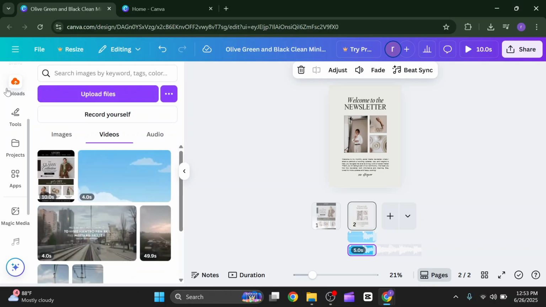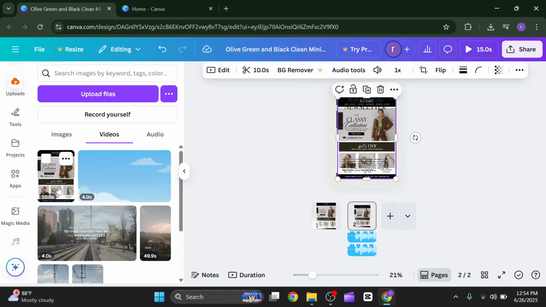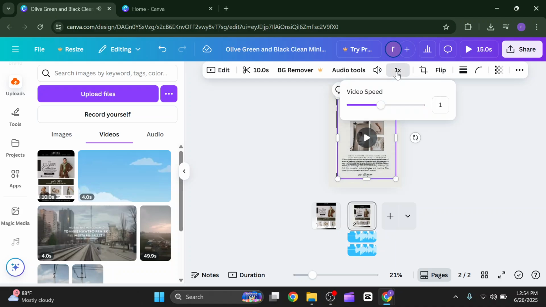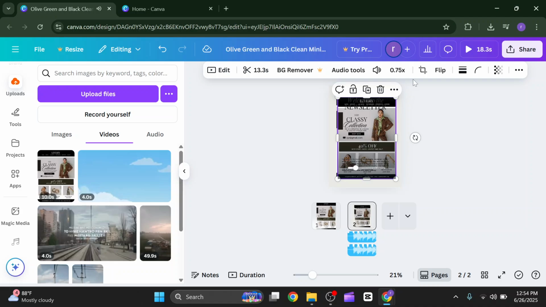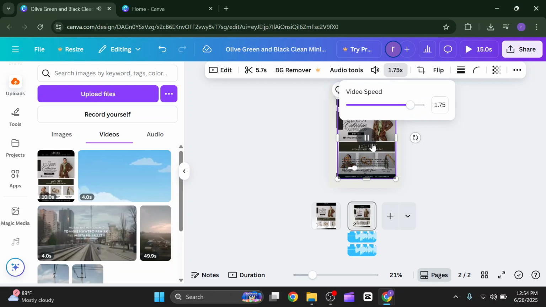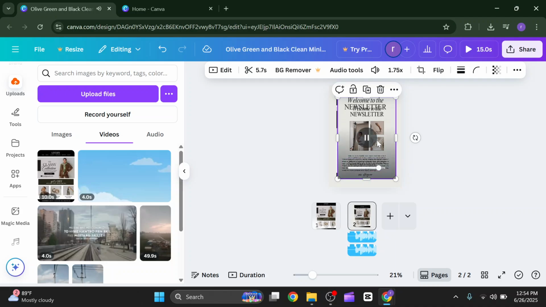uploads options, and as you can see I have already downloaded it. You just need to simply select that, and as you can see I have selected that and it's being played now, and I can just speed up or speed lower from here. As you can see, I can speed lower and play that. It's lower in speed, and if I speed up this to 1.75, it's now speed up. So that's how you can speed up